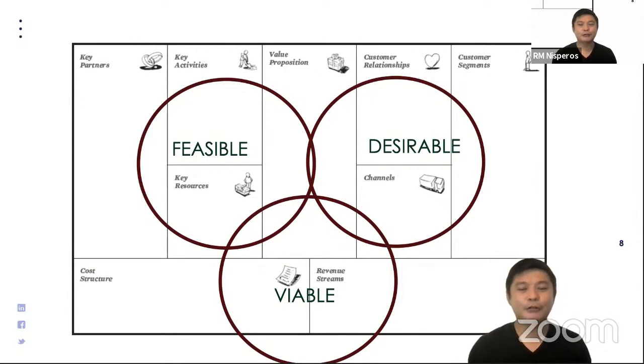You need to follow or adjust everything, the other building blocks, to conform to that change in customer segment. Because when you look at a business, it's not a linear thing. Para siyang it's like a system of gears. Let's say makina, di ba? May mga gears gumagalaw. When you move one gear, the other gears connected to the one you move would also move. And by doing so, you need to adjust everything.